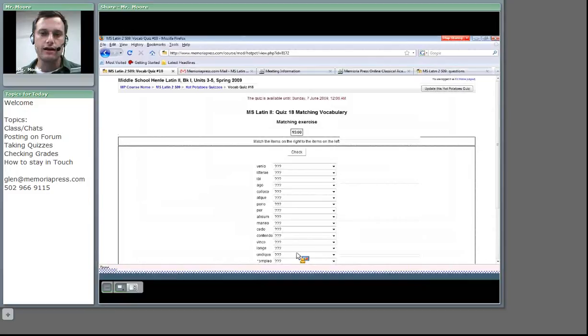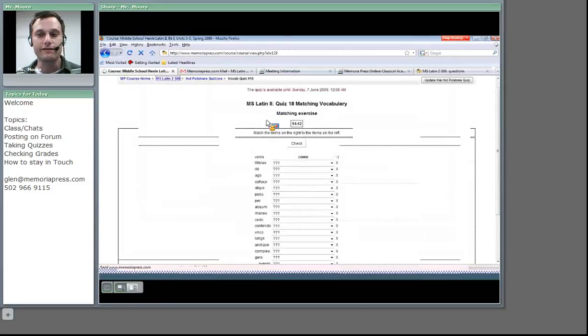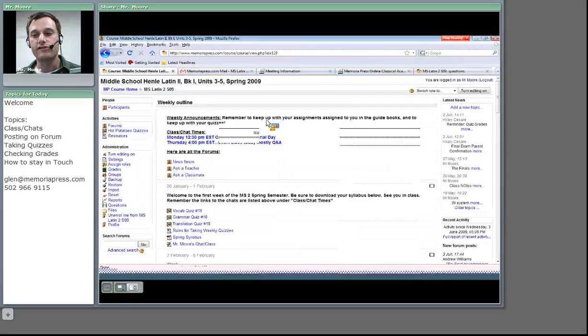And as you can see here, it's just the vocab list from this week with a few review ones. And the kids have a drop-down list that they can put their answers in. I'm going to check it here at the bottom. And I'm probably going to get a bad grade because I just answered one. So I got a 4%. Notice the answer that I did correctly is there, and all the ones I left blank are still available for